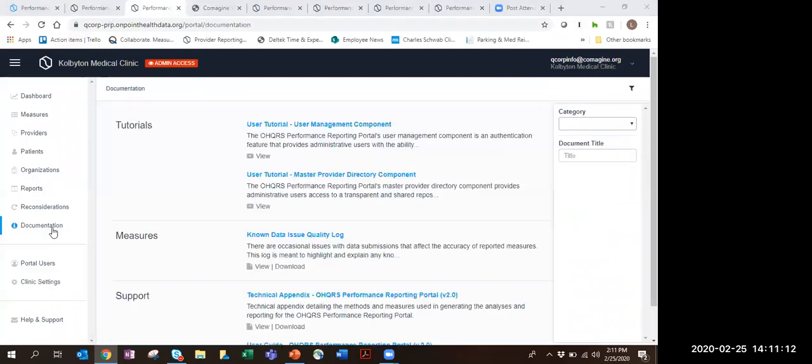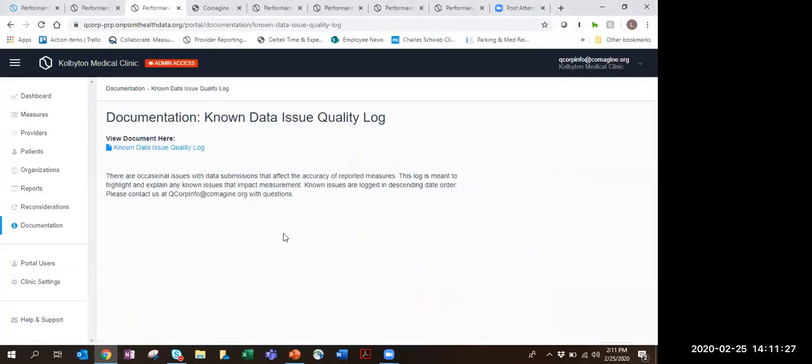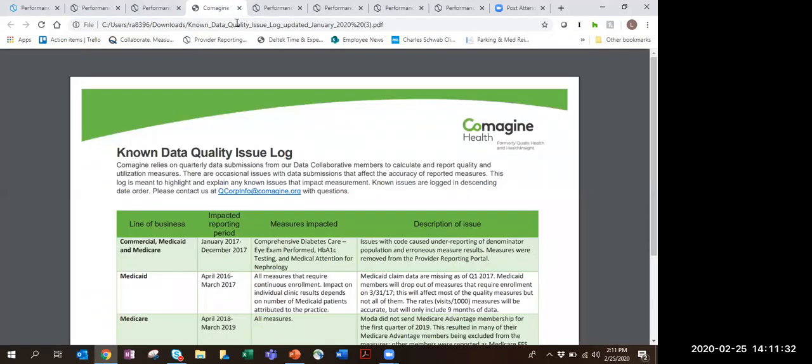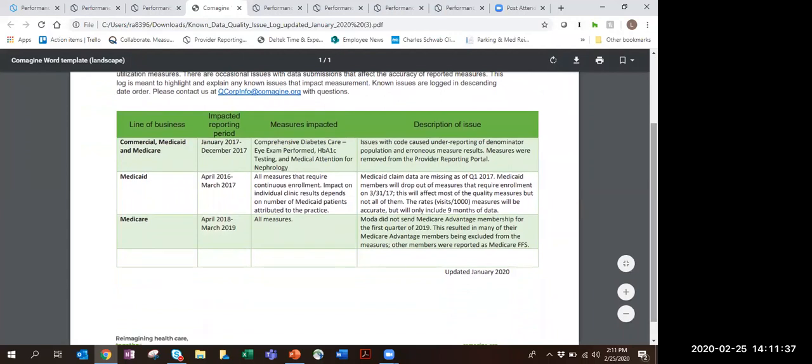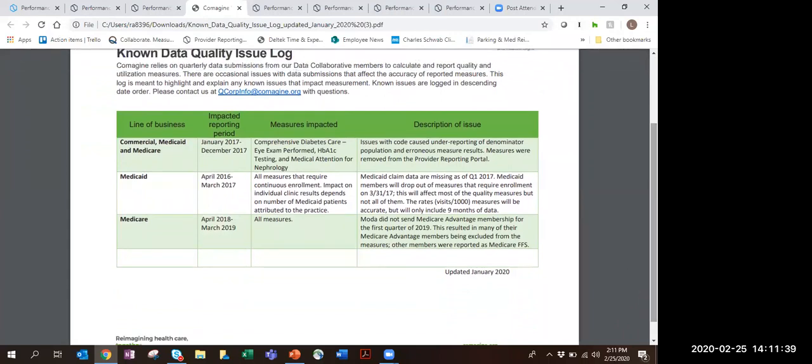Okay, so I'm clicked onto the documentation section, and this has useful resources for you to be able to explore some tutorials, some technical appendices. I'm looking at the known data issue log, though, and this is where we keep that document. I've opened it up already for us so that it wouldn't take time loading. This is what it looks like. So it just contains a description of each of the known data issues going back as far as the data that's in the portal. So this latest one, the Medicare Advantage from MODA, is listed right here.